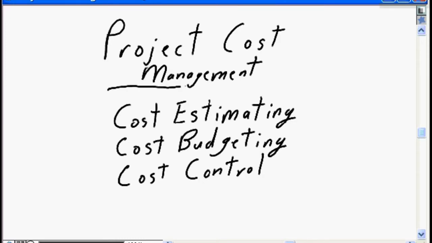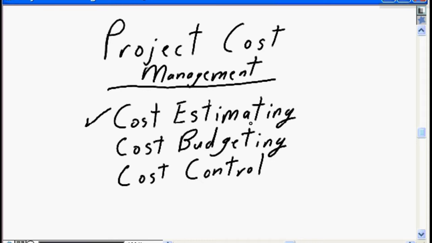This nugget is the first of two nuggets dealing with the PMBOK area for project cost management. This nugget, project budget definition, focuses on cost estimating, ensuring that detailed estimates are defined for each and every element of the work breakdown structure, ensuring that cost elements are defined to ensure that all the components, the human resource,